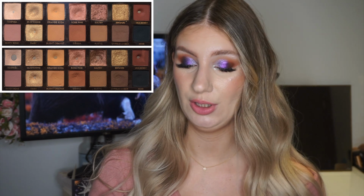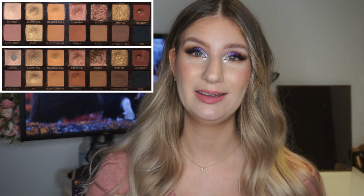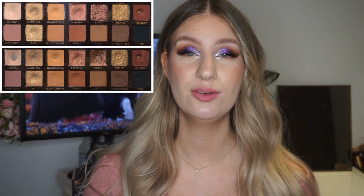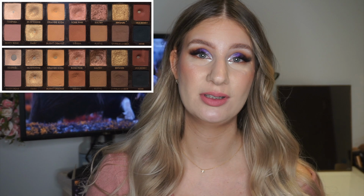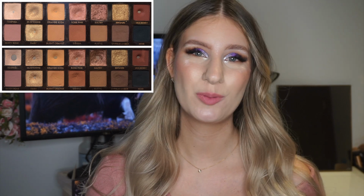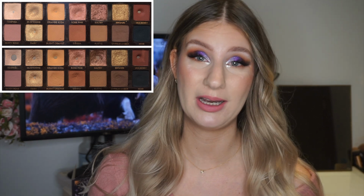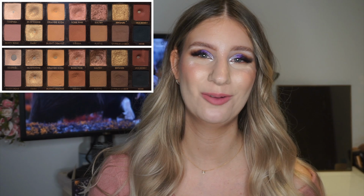see the numbers. So first up in the palette we have the shade Tempera, which is that really light kind of cream shade. I don't set my eyelids before I do my makeup, but I use this type of shade as a blending out eyeshadow, and that is how I've been using this one. The palette's really expanded on this one, and I have used it 22 times so far in the month, which is quite a high number. But yeah, this is an easy one to reach for, and I think you can tell with that expansion in